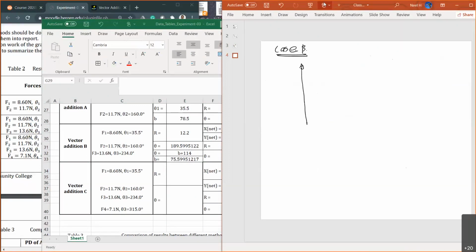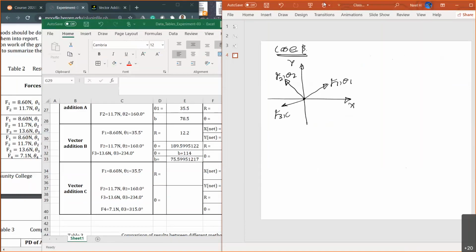Later in the semester, this diagram is actually going to be called the free body diagram, which is extremely useful. X-axis, Y-axis, all the vectors start from the origin in this diagram. First vector, F1, angle theta 1. Second vector, F2, angle theta 2. Third vector,